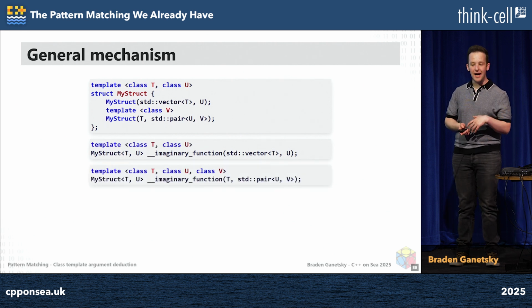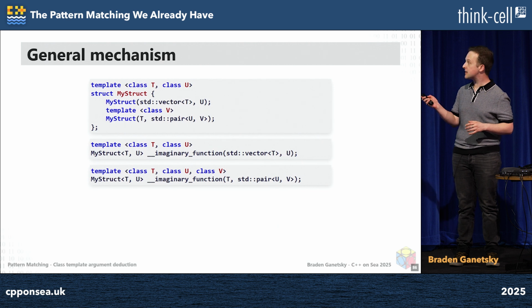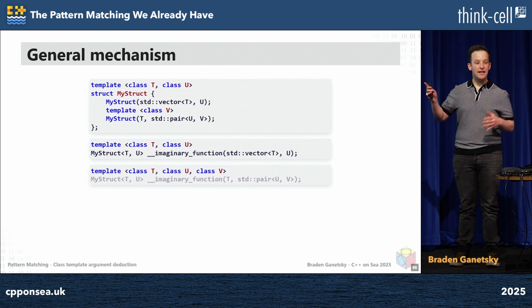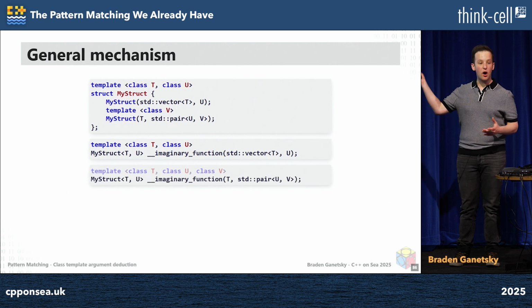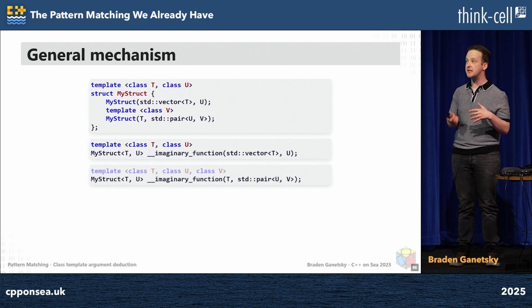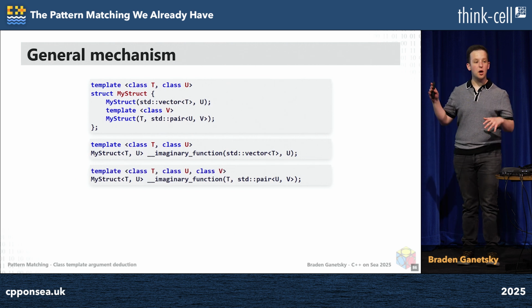And then we write another guide. This imaginary guide, again, doesn't exist, don't actually write this, but this guide has a template head that is actually the union of the 2 template heads, being the struct template and the constructor template. You have to unify those together, and then it takes, again, the same arguments that the constructor takes, and it returns the type that you would expect it to return. And these are the guides.